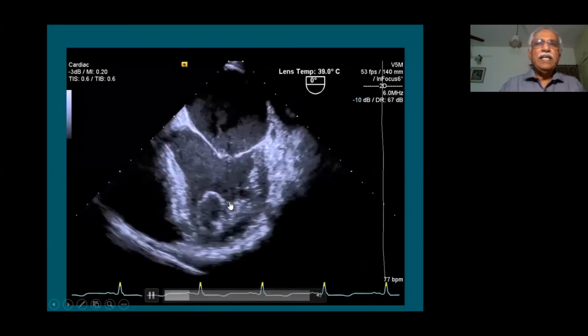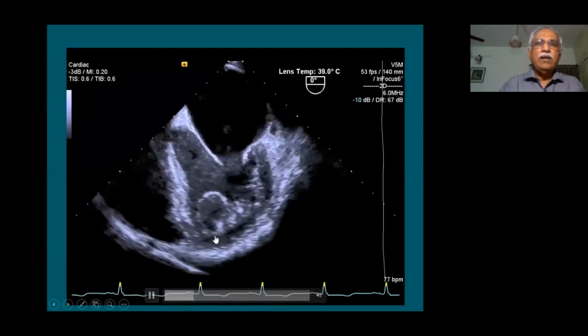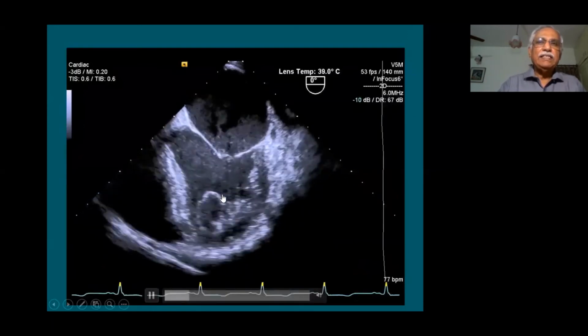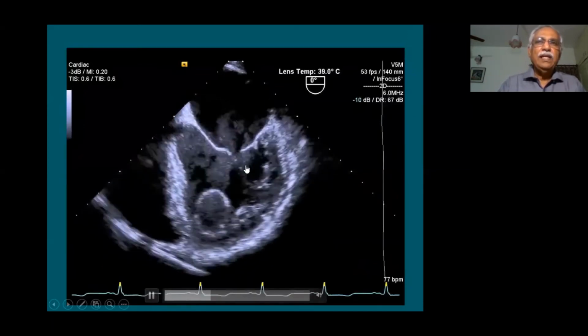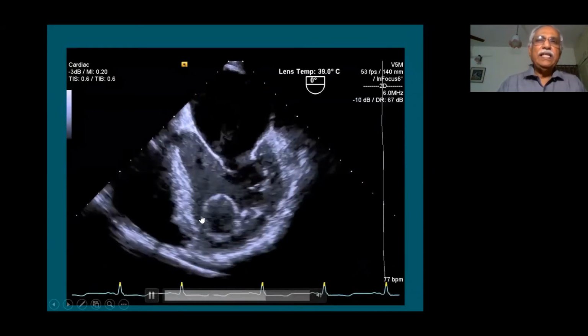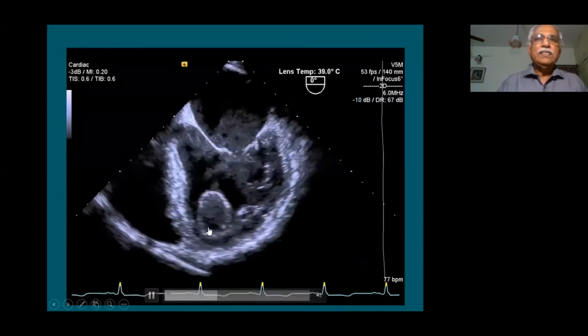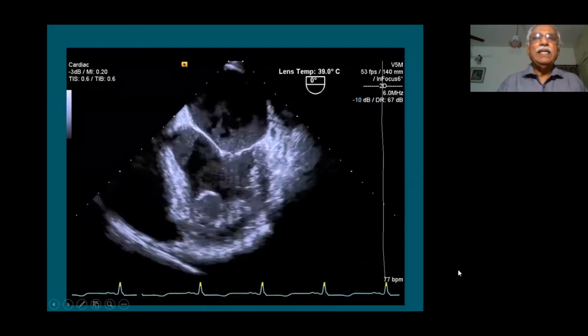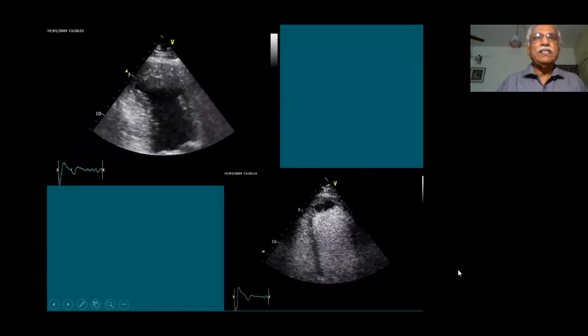This is another patient with left ventricular dysfunction. This mass has an echolucent appearance. This is not a thrombus. This is usually a blood cyst. Whenever you see a cystic echo inside the left ventricle or over the mitral valve or over the tricuspid valve, you have to think in terms of a blood cyst. So this is a blood cyst which is present inside the left ventricular apex in a patient with left ventricular dysfunction.